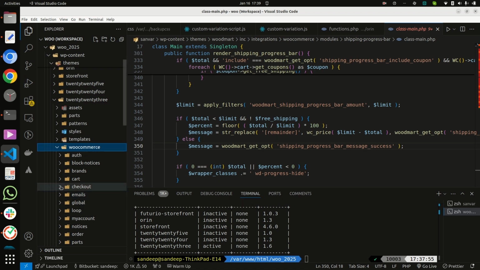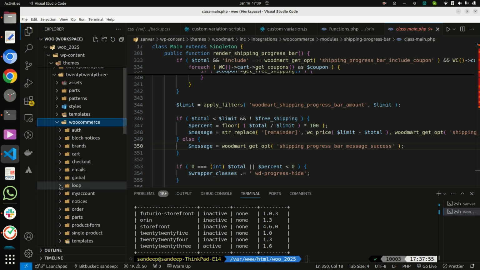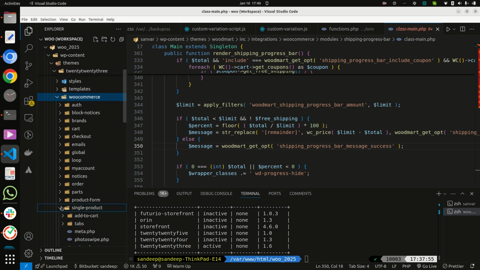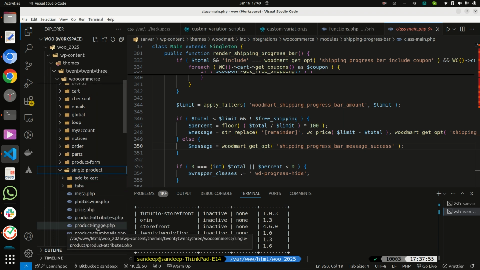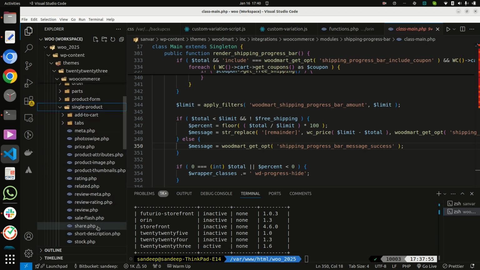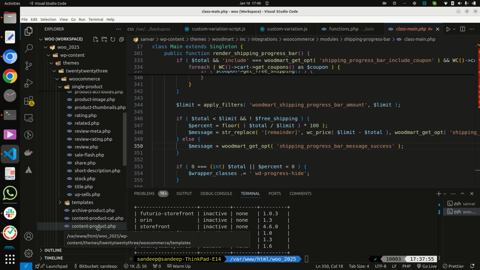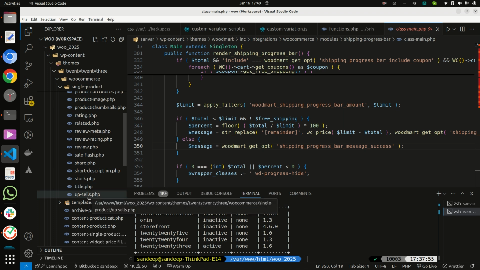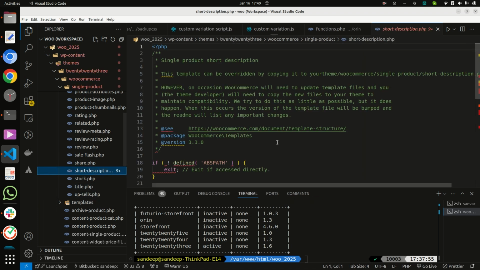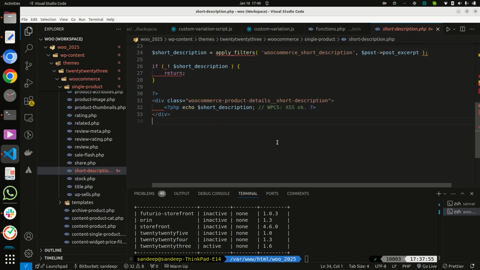Like now, I want to change something inside the single product, and here it is the short description. So if you see the short description, and if I want to add something here, like hair test,